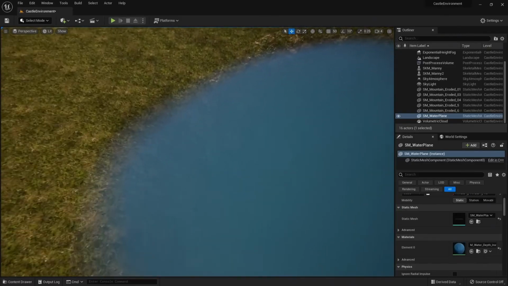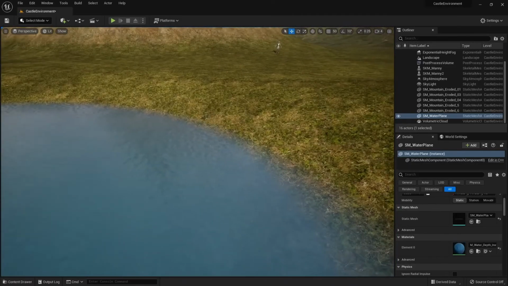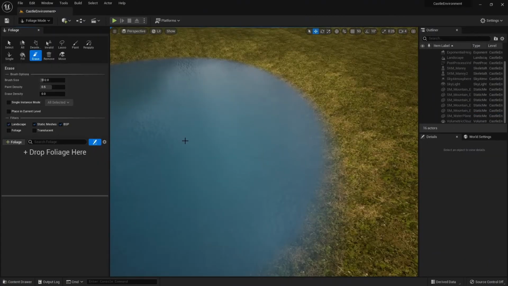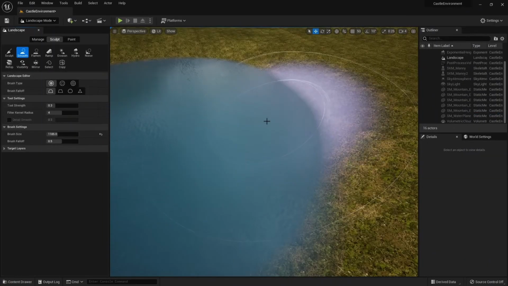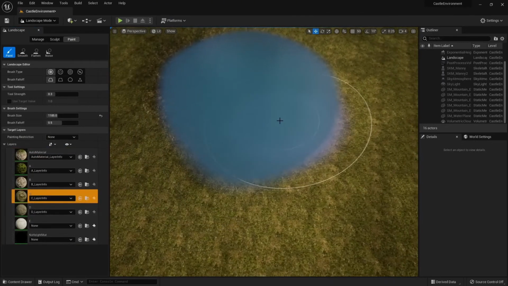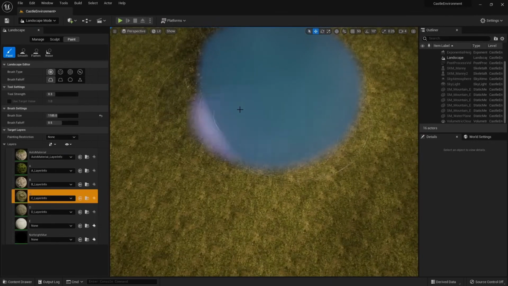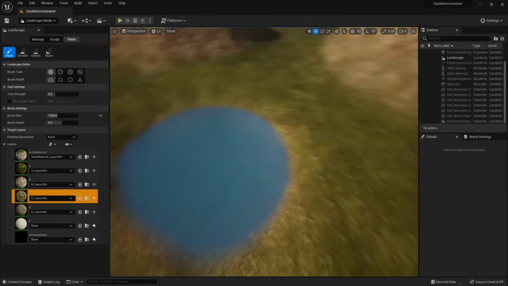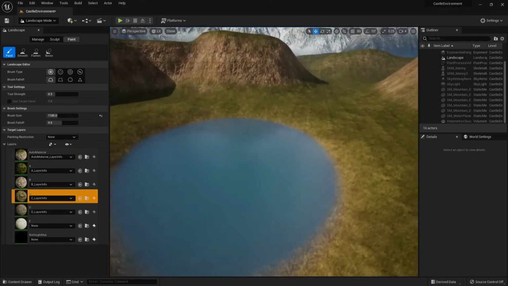We need to make some edits to our landscape right now because our water isn't making that much sense. Our grass is growing underneath the water when it should be muddy. Let's go into landscape paint and finally use the mud layer right there. So where there's water, I'm going to paint in mud to help the transition in between the grass and the